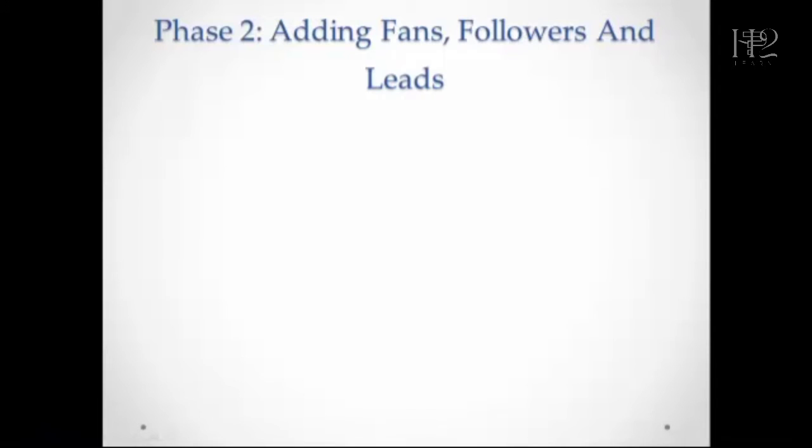This is phase 2, adding fans, followers, and leads. If you take a closer look, phase 1 is usually a one-time thing which leads to a one-time payment. Believe it or not, the second phase can help you get recurring business from the same clients in order to be paid over and over again from the same customers who want your service. All you need to do is to offer to advertise their social media site, that is Facebook profile and Twitter profile, to help them get more followers.